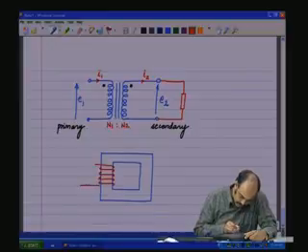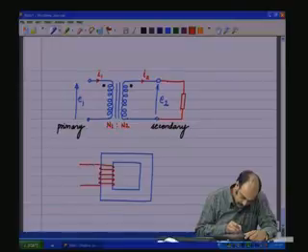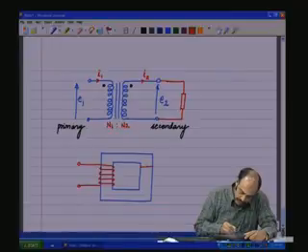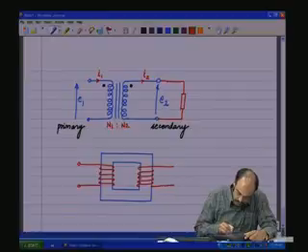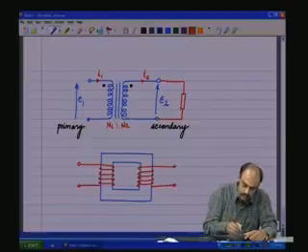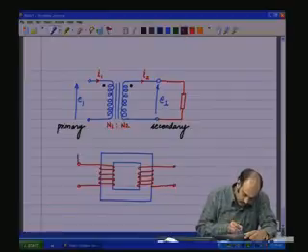So, we have the primary side winding, we also have the secondary side winding, we are going to connect a source,